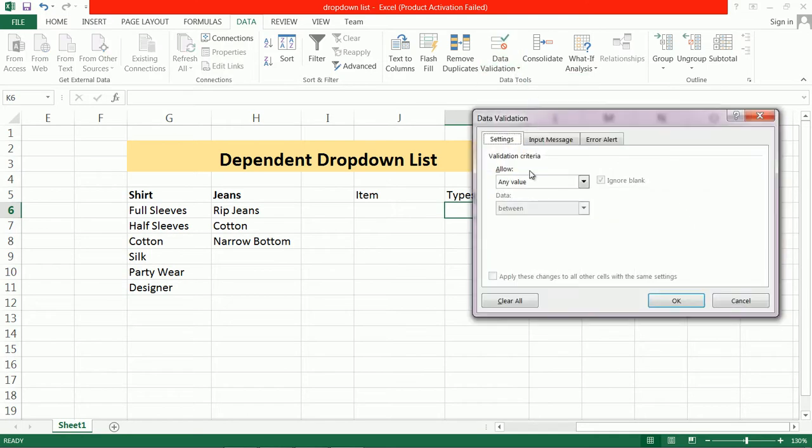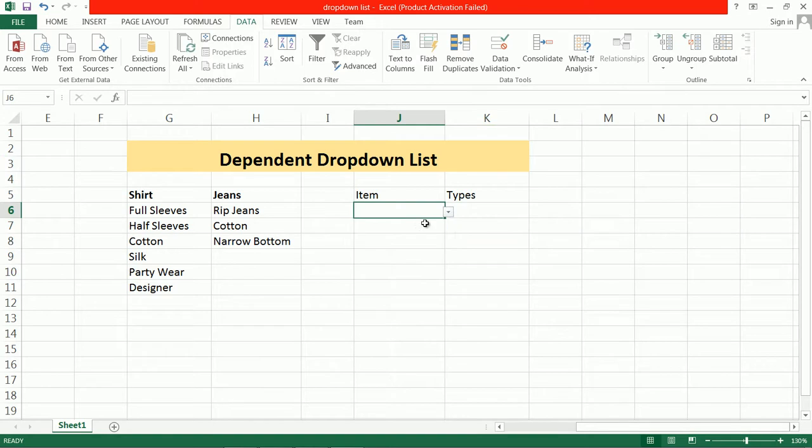Again go to data validation, click on list, and now here we have to use the function INDIRECT, and for this function we have to pass as parameter this list name, because this cell contains not a single value, it has a set of values, that is a list. According to that name it will automatically display the items under that name, or range under that name, in this drop down list.